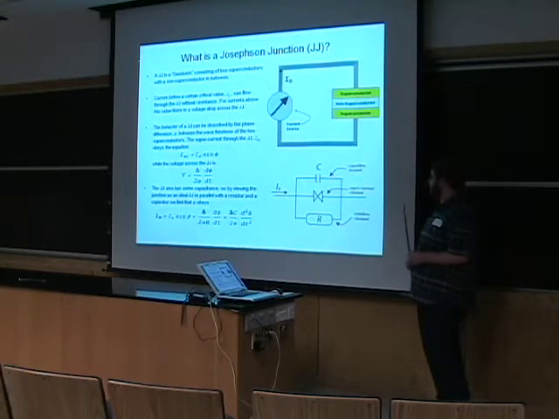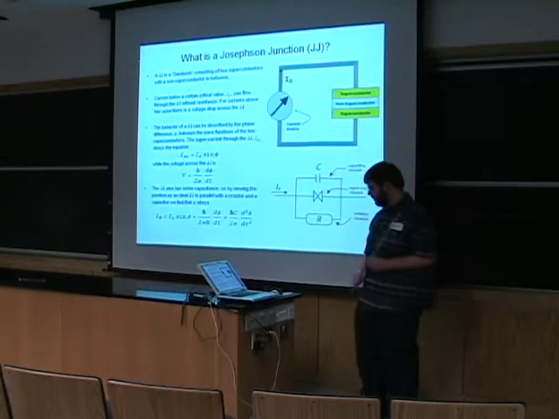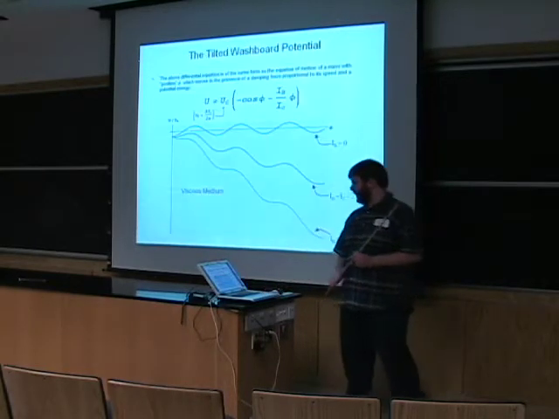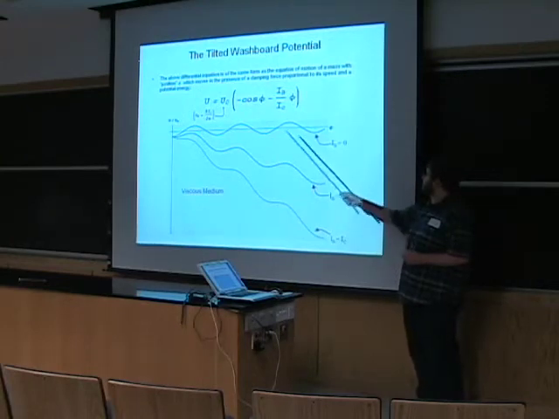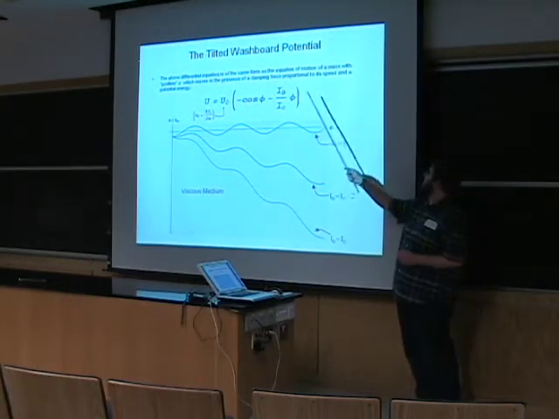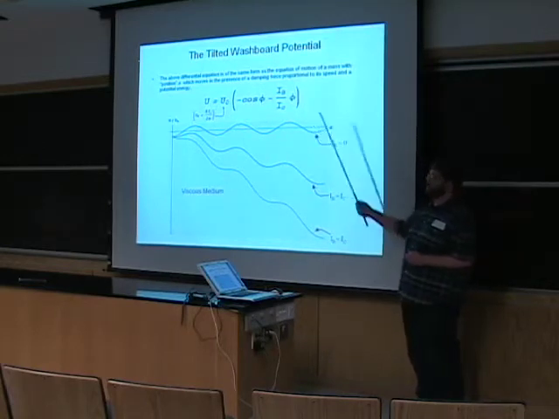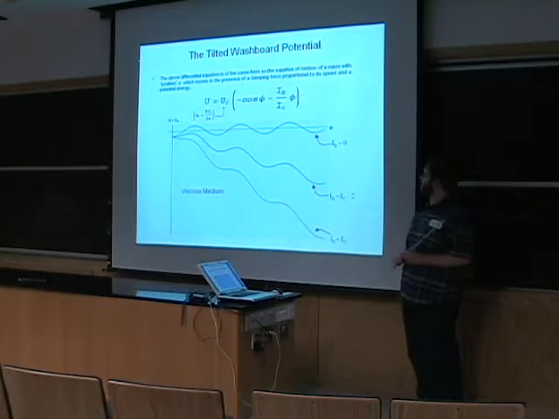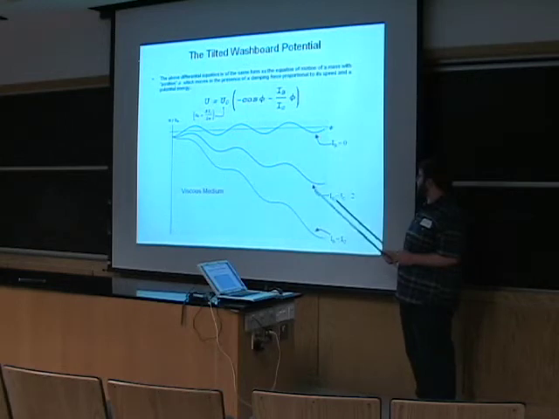And using this model, you can find an equation for phi, which is the phase difference between the wave functions in the two superconductors, which looks like this down here. And that equation is equivalent to the equation of a particle under the influence of a certain potential, which we call the tilted washboard potential, where phi would be the coordinate of the particle in this potential. And the tilt of the tilted washboard is proportional to the bias current,